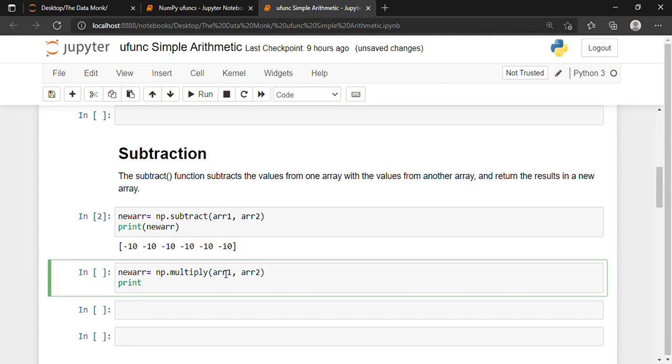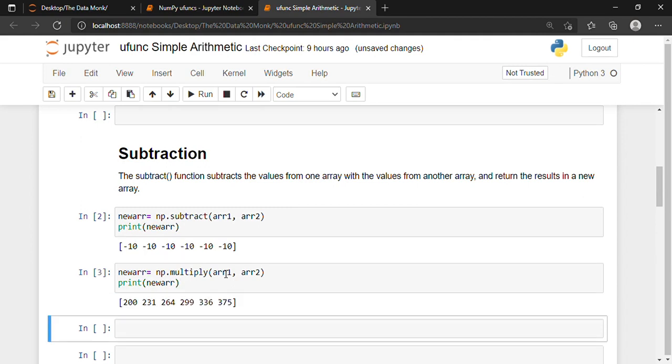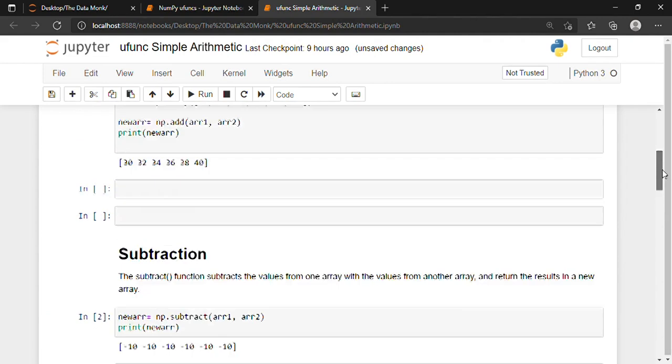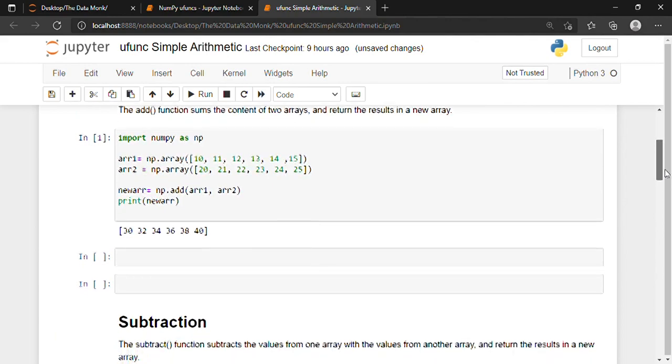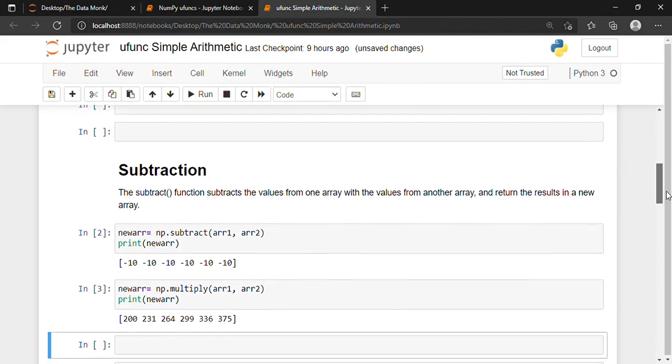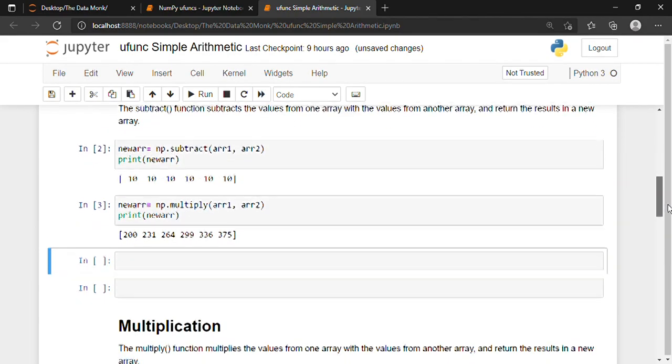Just notice one thing, that the value of new array changes every time we use a different operator. Shift and enter, and we see that the two arrays are multiplied. 10 into 20 is 200. Similarly you can check out for all the other numbers. So this is the desired output.